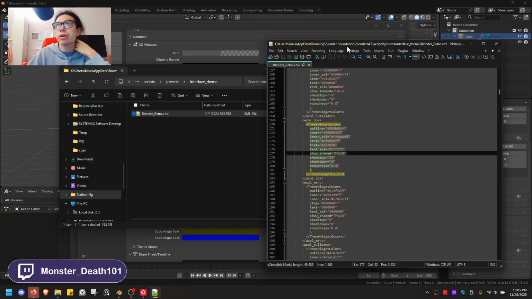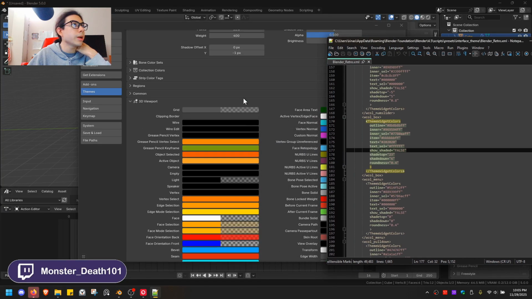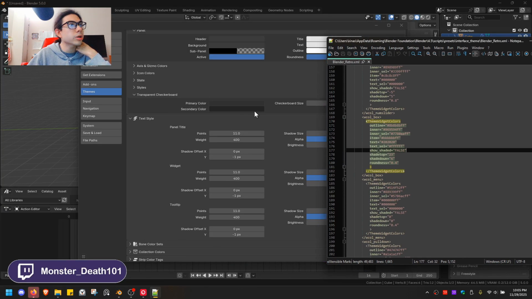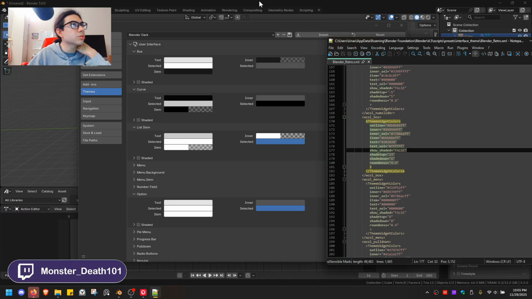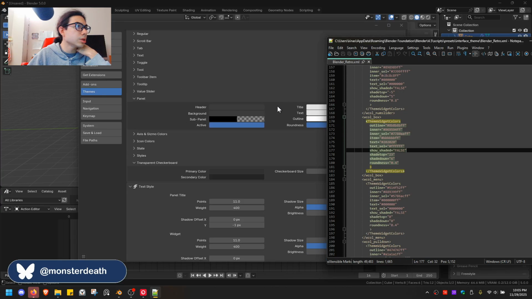But whenever you go around to search for any themes, I do wish they had a better search engine here, because all this is too many items and there's nothing to search. So the only way you would figure out what changed what is that you would have to go down to every panel and then say I want to change the